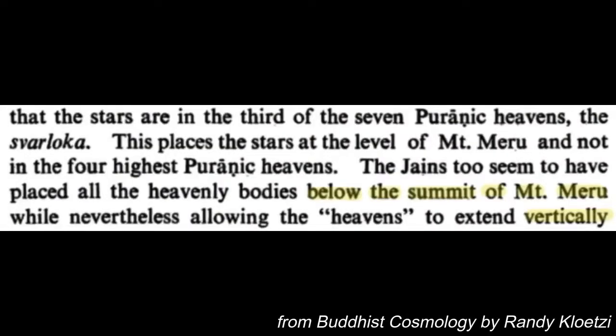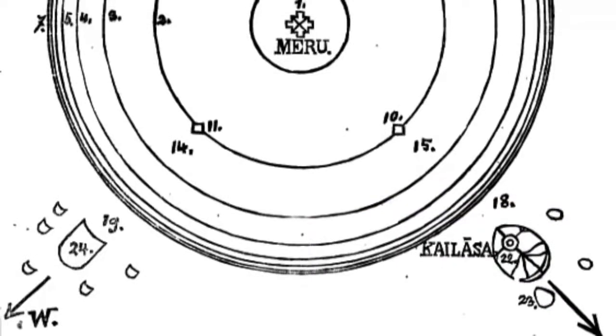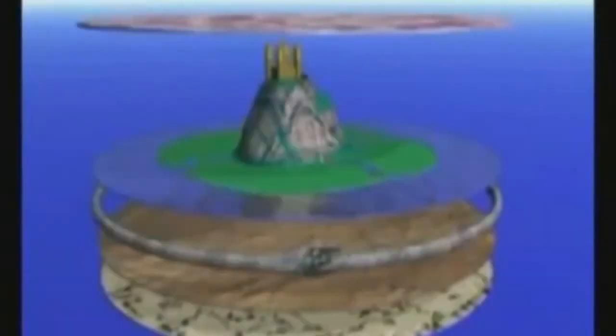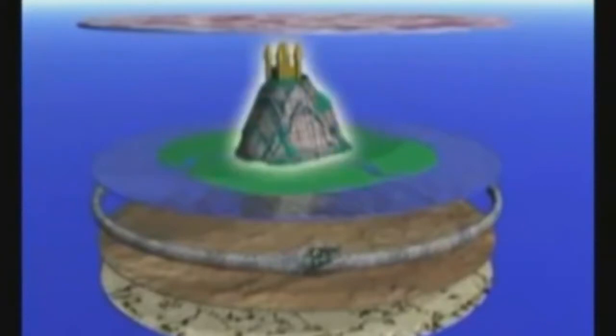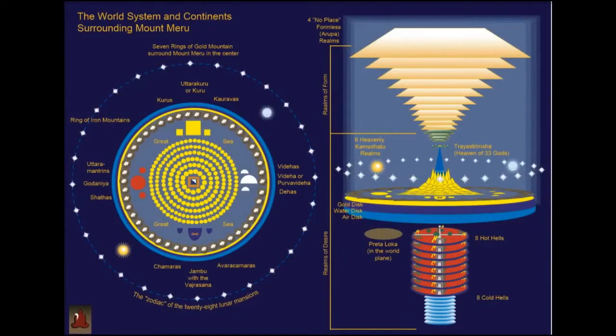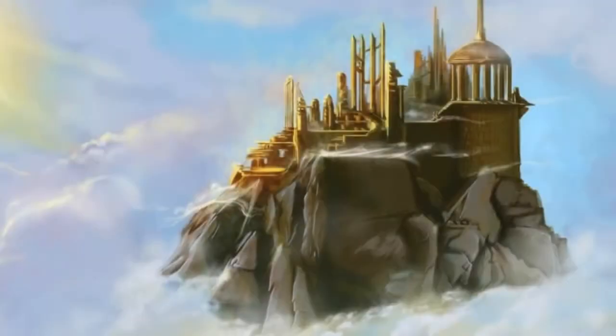The mythology states that the stars, the heavenly bodies, exist below the summit of Mount Meru. This vertical system, which extends outwards, is to the Buddhists sometimes called Cakravala. The world axis, or axis mundi, is the pillar talked about in various mythologies around the world. It expresses a point of connection between sky and earth at the very center of cosmology. At the axis mundi, travel and communication is made between the higher and lower realms. Mount Meru is the name of the Buddhist and Hindu axis mundi, but we also have the Greek Mount Olympus, the German